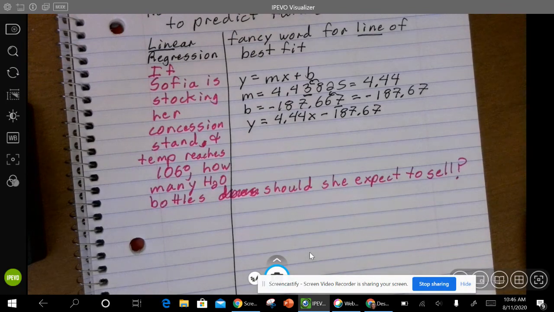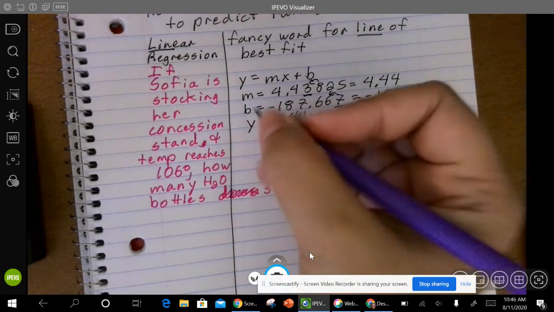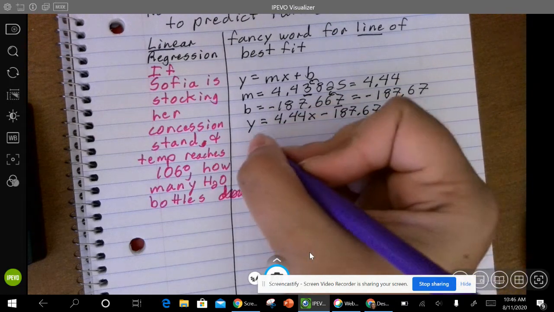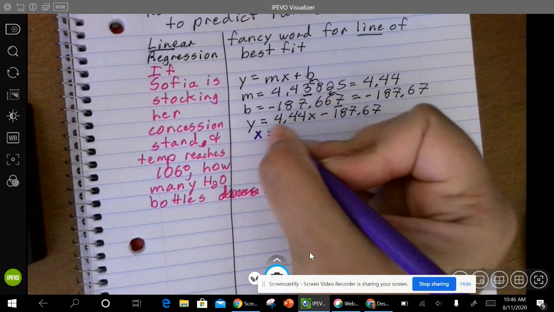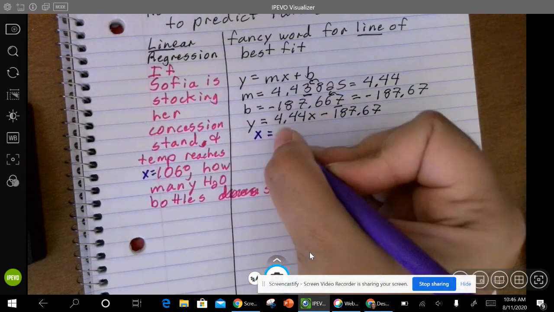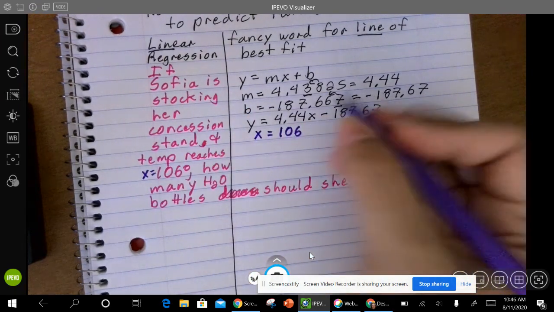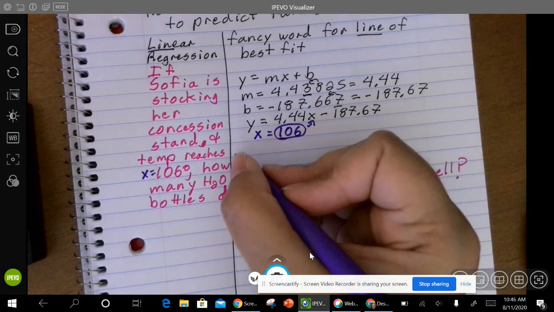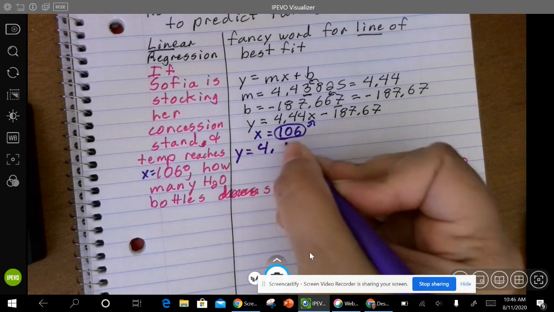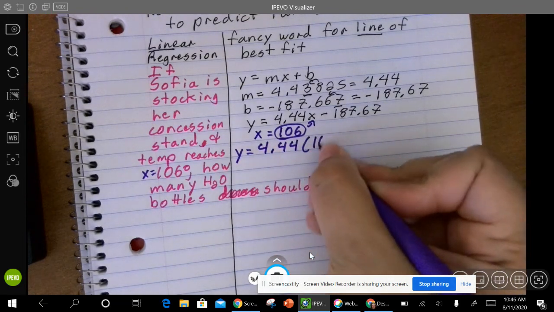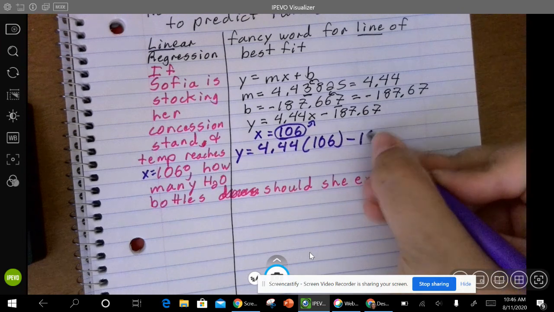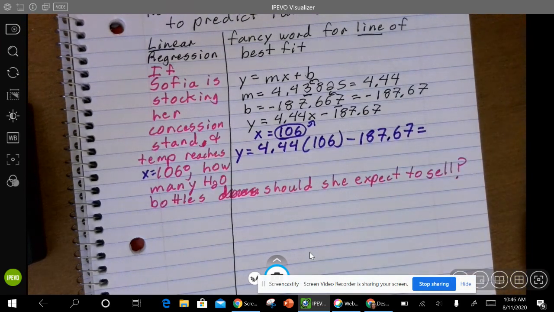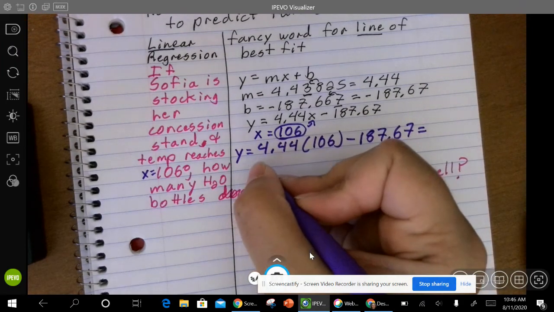Okay, so we're going to go ahead and substitute it in, everybody. So our x value, 106, is our x value. We're going to substitute that in for x. So y is equal to 4.44 times 106 minus 187.67. We put that all in the calculator and we got